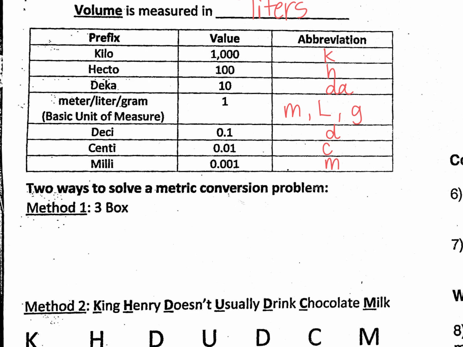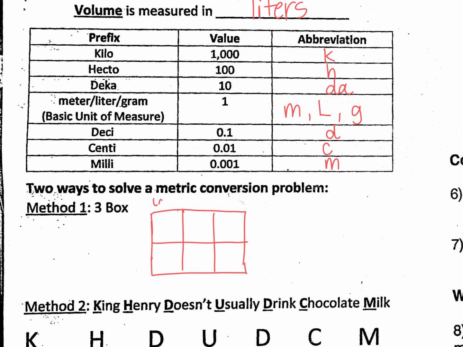So what I'm going to do is draw a rectangle that looks like this, and I'm going to separate it into 3 columns and then split it in half, so that I have 6 total boxes. Okay, now for example, if I wanted to convert 1 meter into millimeters, the first thing that I'm going to